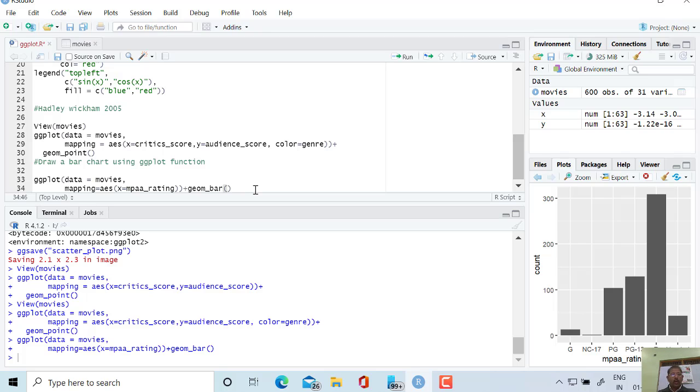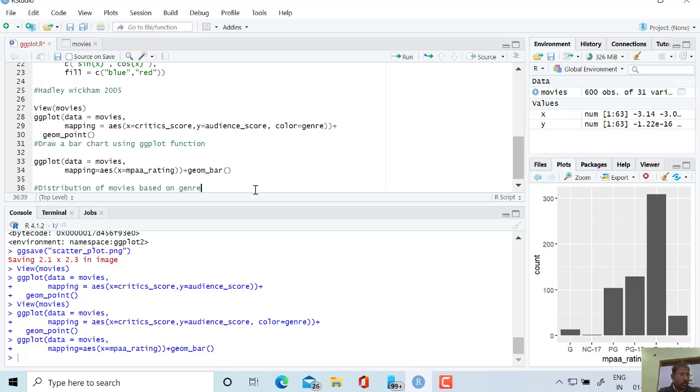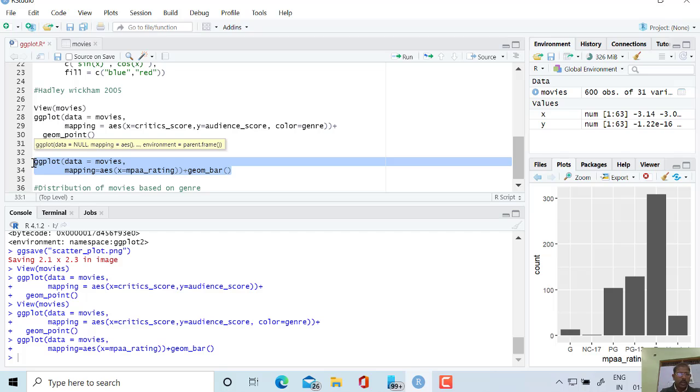Okay, now I am going to discuss the distribution of movies by genre. So I am copying the same thing, geom_bar, everything will be the same till this point.